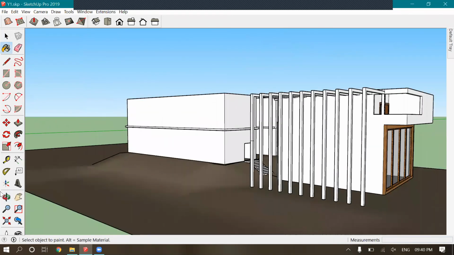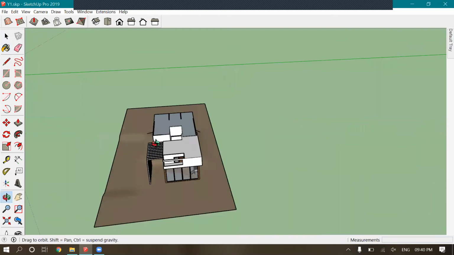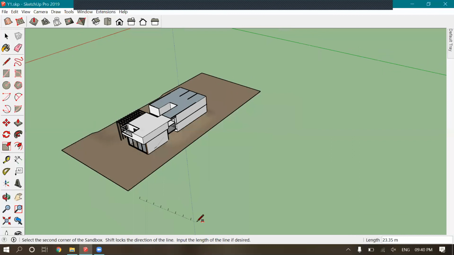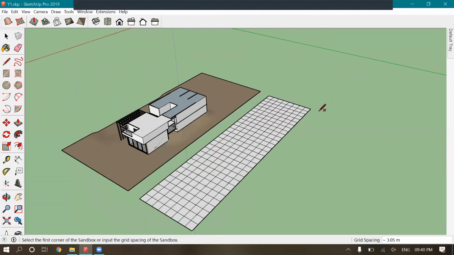So that's up to you how you will be using it. The same way, take this part.